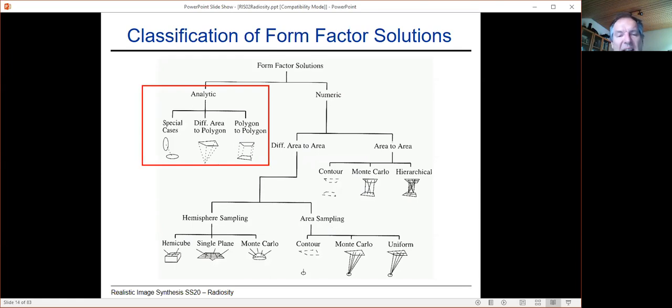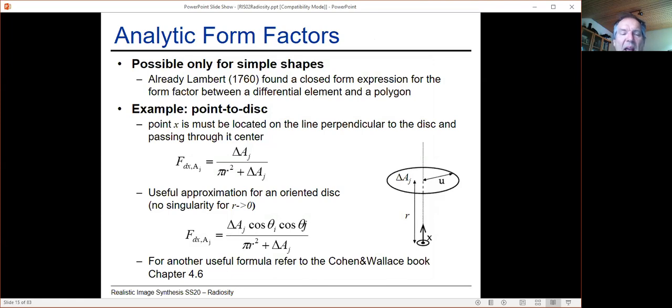I will show, just out of curiosity, these analytic formulations. The first analytic formulation between a differential element and a polygon was found by Lambert, a famous mathematician. So the Lambertian surface name comes from his name. He built some theory in very old days. Here I introduce form factors between point to disk, as depicted on the right. We have a simple configuration where this patch is just under this circle, and then the form factor has such a value. We can shift this patch, and then we would need to introduce the effective surface area. This is why those cosines appear here, because then those effective surfaces, those patches which see each other,